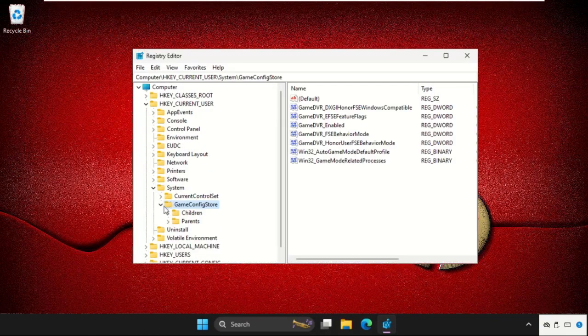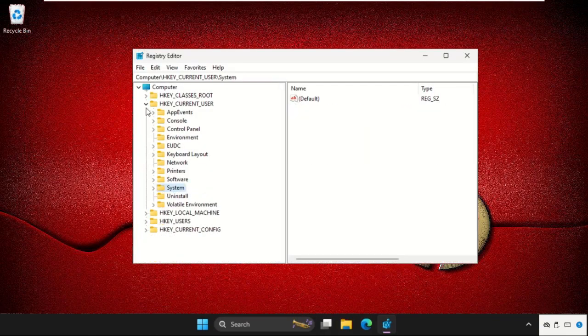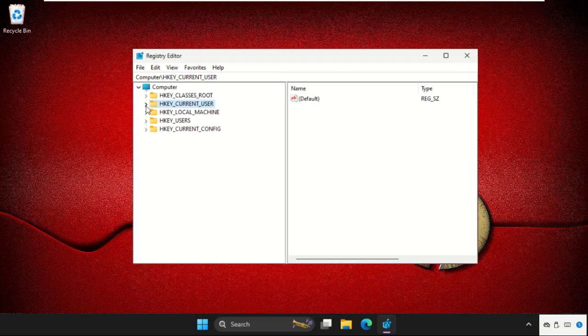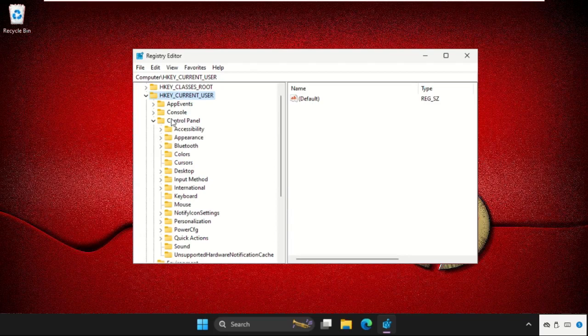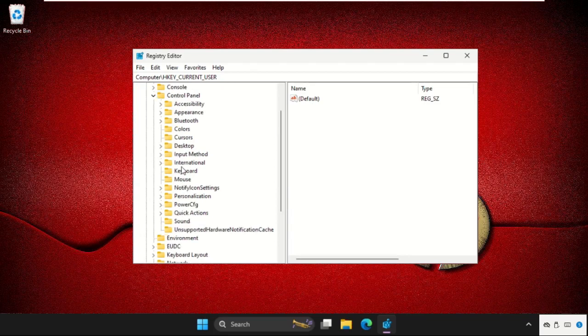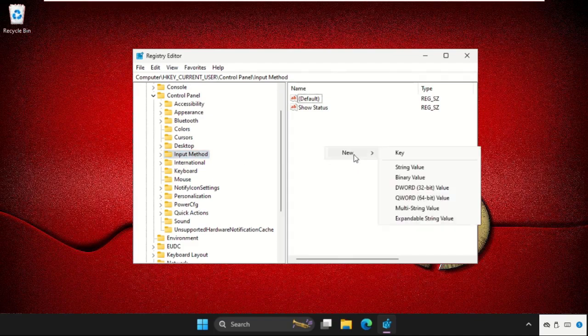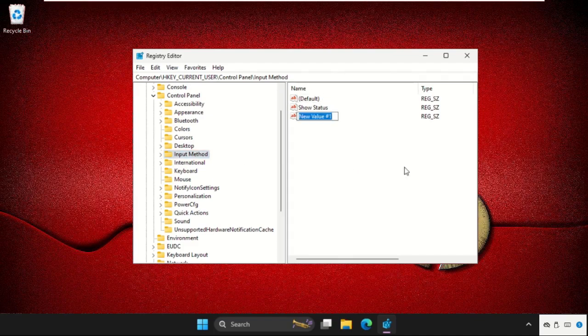Select yes. On this window, we need to go back to the main window, and expand HKEY_CURRENT_USER, then expand Control Panel, then we need to expand Input Method. So here it is, just select it. On the right side, we need to right click here, create a new string value and name it as EnableHexNumpad